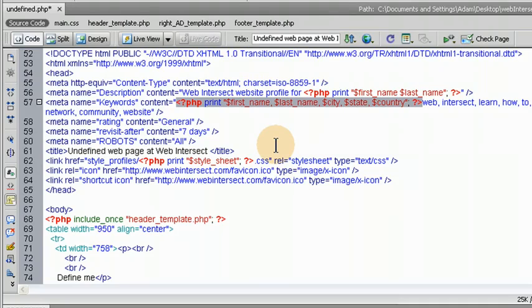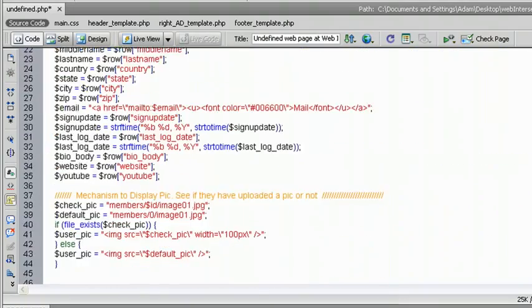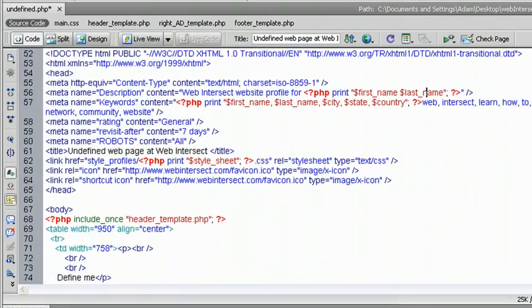webintersect.com. So what I did was, you can see how I'm printing PHP variables, and I have the script written up top here, and I'll show you that in just a second. I added it into the page right on top of where the doctype tag starts. There's PHP tags up there that I added the script for, and I'm going to talk about that in just a sec. So first I just wanted to show you how I manipulated things inside of the head tag,